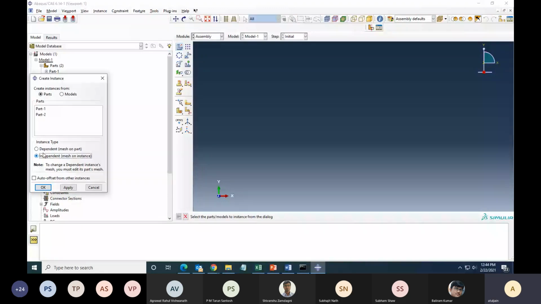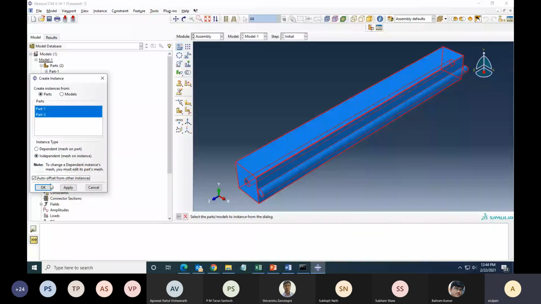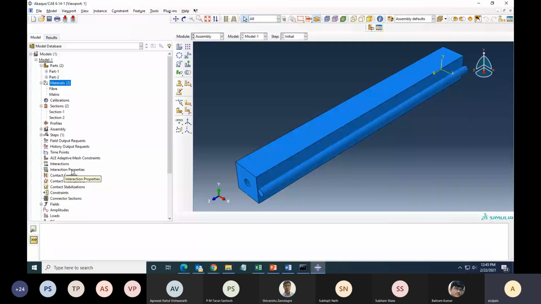You can actually have as many as possible. So you can have a structure which has n number of part 1s, n number of part 2s. You will draw the part 1, part 2 only once, but you can copy it and repeat it several times here. So I have, let's say, the fiber and the matrix.